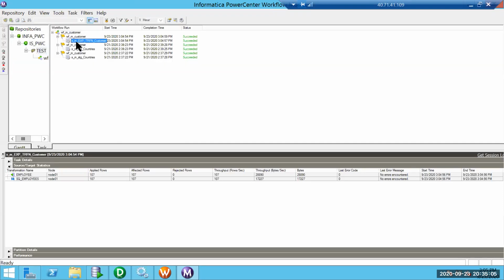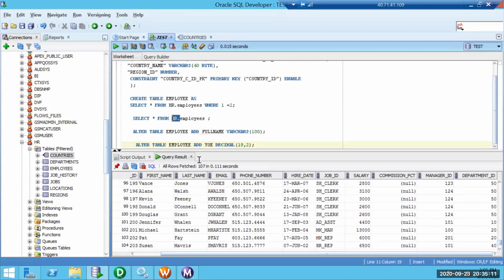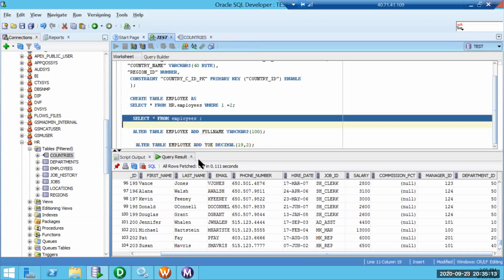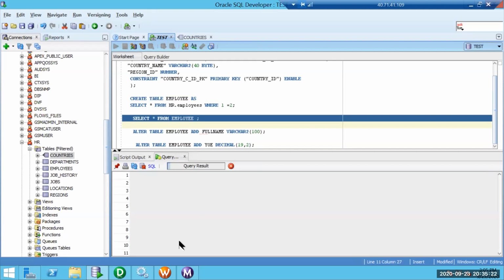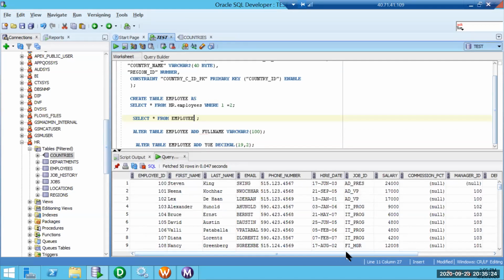Okay, so it loaded 107 records. Let's see in hr.employees, our schema, employee is the table I have created. Let us see the last two columns.